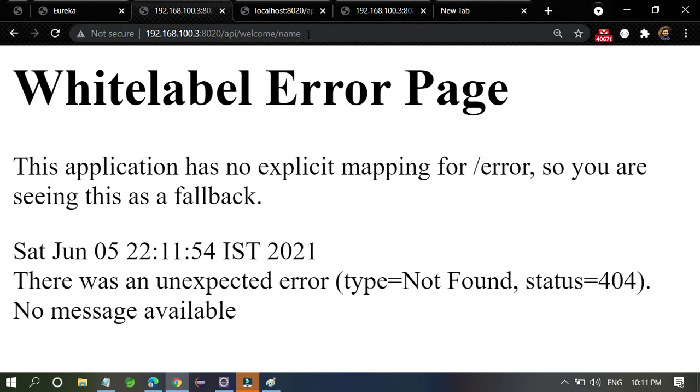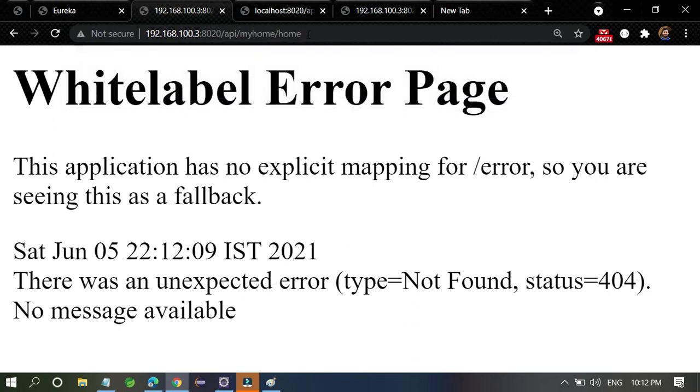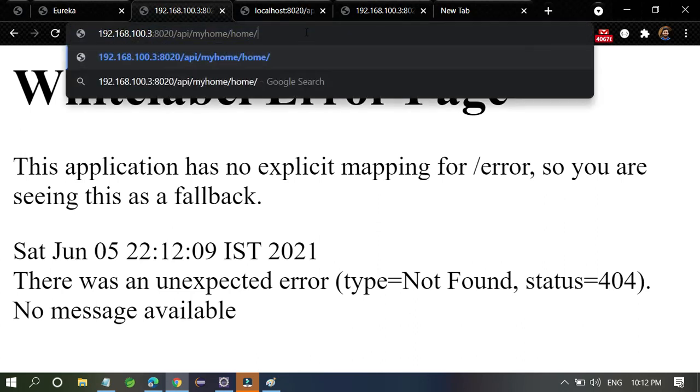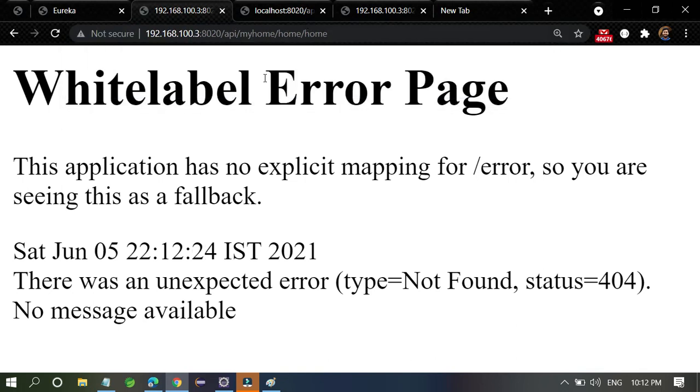This is the problem. If you tell my home slash home, again you are getting the problems. So I think this is not valid for me. So how do I have to construct my API gateway? Like home slash home, nothing else.